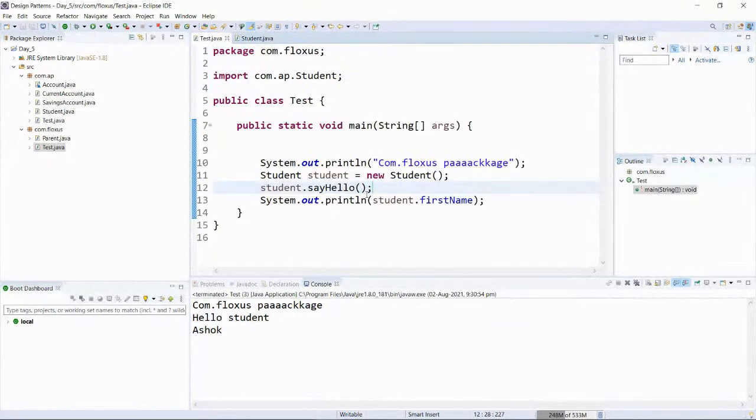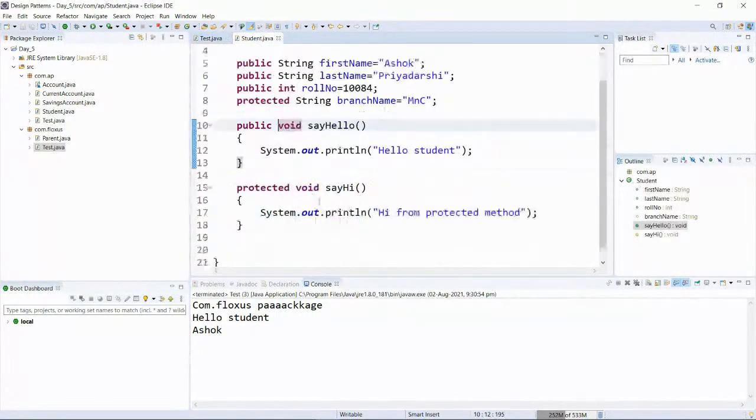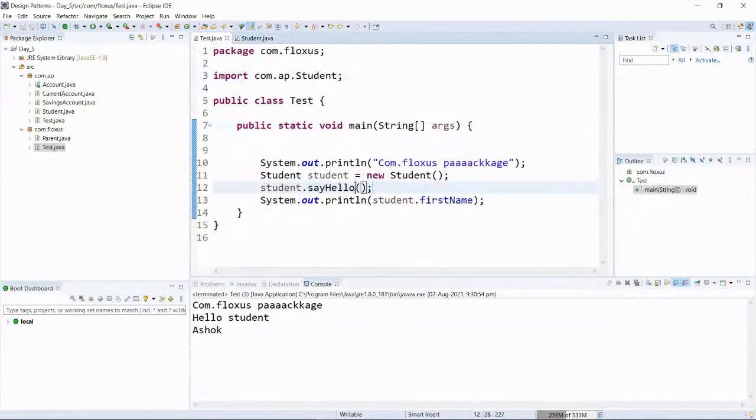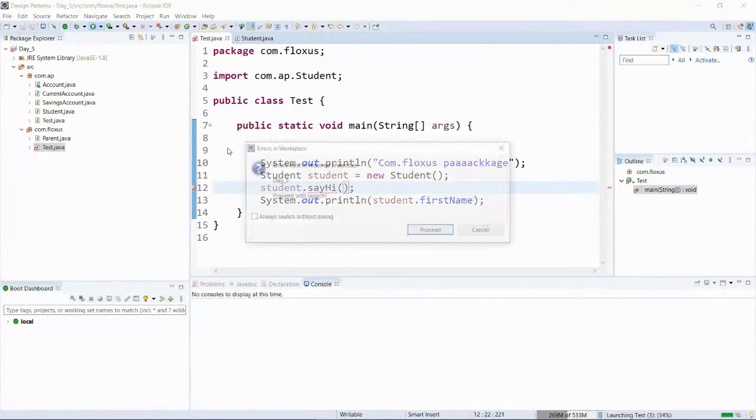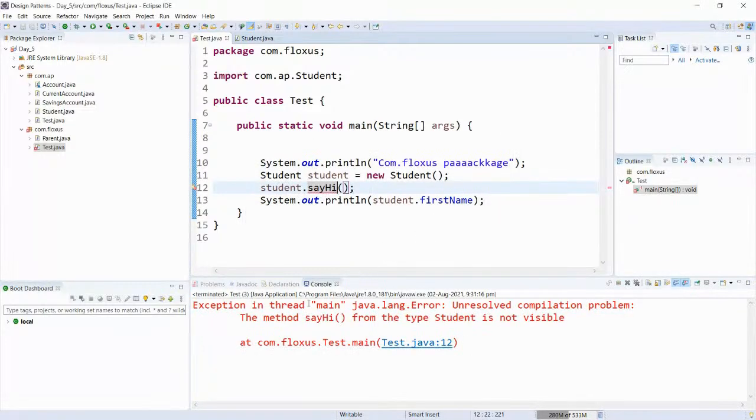Now let me access this protected thing. What is protected here? Say hi. So now instead of say hello, I will write say hi and run it. Just observe the log: the method say hi from type student is not visible. Why is it not visible? Because it is declared as protected. So protected behaves as default in the common package, but outside the package you have to access all these values using only the child